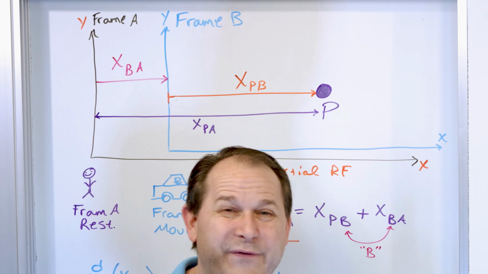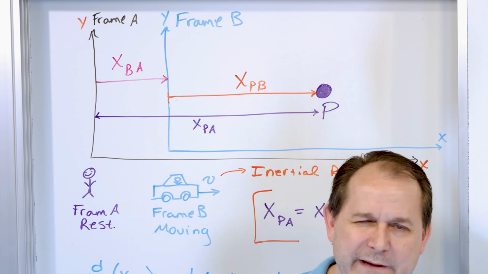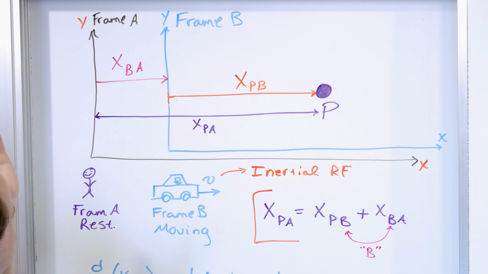So the subscripts are very important. They tell you what you're measuring, and they tell you who's measuring it. It's extremely important because all this stuff changes depending on who's measuring it. So in order to calculate